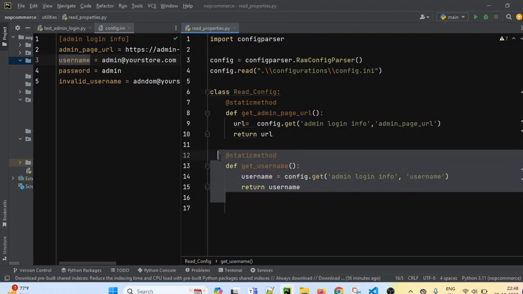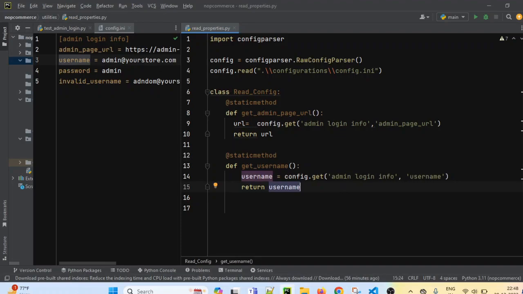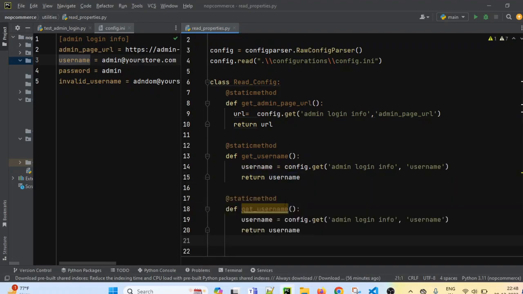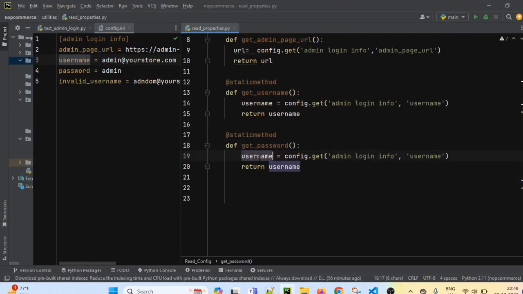Next one is for password. I will just copy this. Next static method is for getting password. Config.get, section name will be the same, and instead of username we will put password, and it should return password.